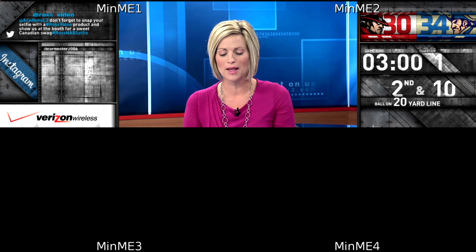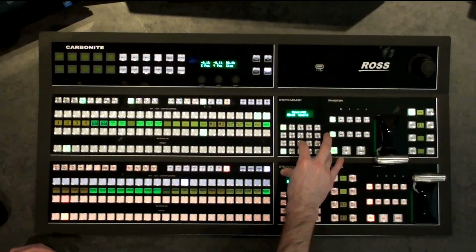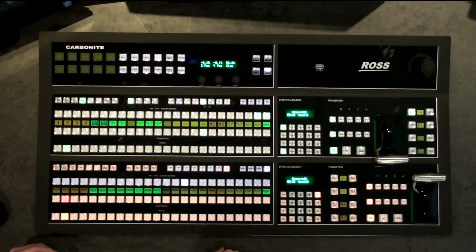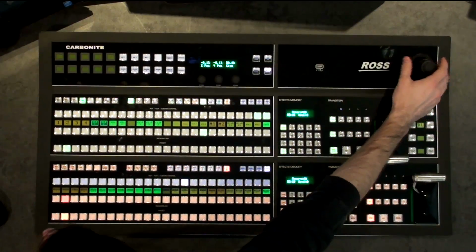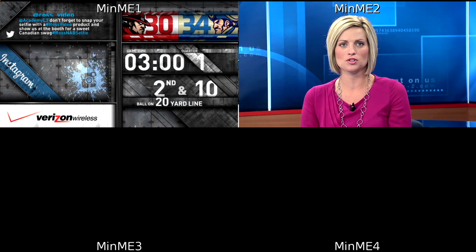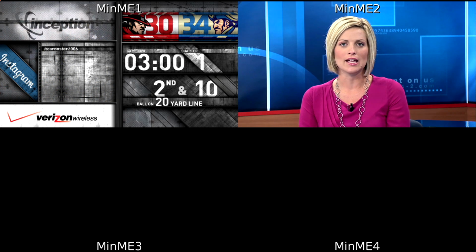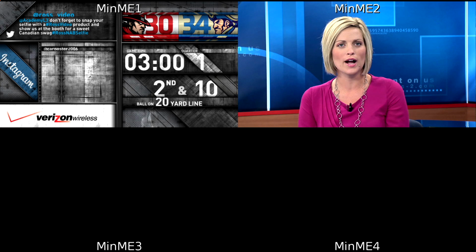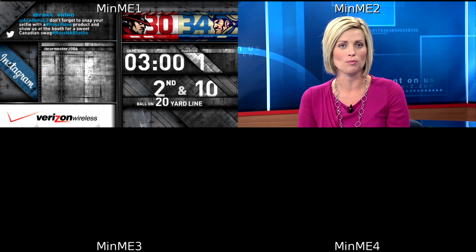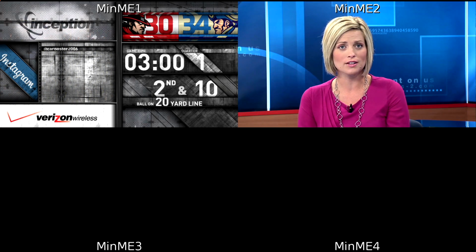So if I'm going to store an effect here, I'm going to say this is my standard position, but we'll want to use effects dissolve, and I'm going to make this my starting position of 0. Click enter. Now I could take that DVE and slide it all the way over to the right, and that would be my position. We intentionally built this graphic board this way because we knew we wanted to be able to have all the information, whether it's right or left, but we don't want to have to use DVEs and other keyers to chop it up and pull it apart. So this is a little bit of what we can do.